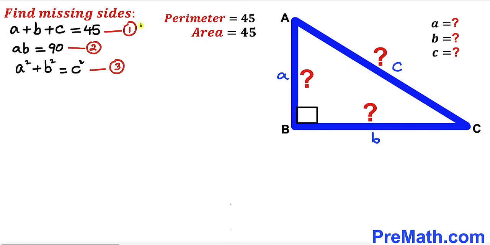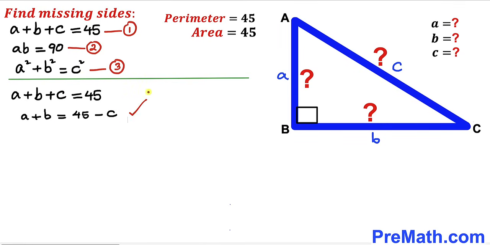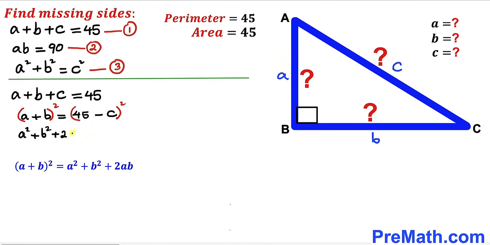Now let's focus on equation 1. Here I have copied down equation 1. Now I'm going to move this c to the other side, as you can see in this next step, and take a square on both of these sides. Now let's recall this famous identity: a plus b whole square can be written as a square plus b square plus 2ab. We are going to apply it on this left hand side binomial. So we can write a square plus b square plus 2 times ab is going to be equal to,